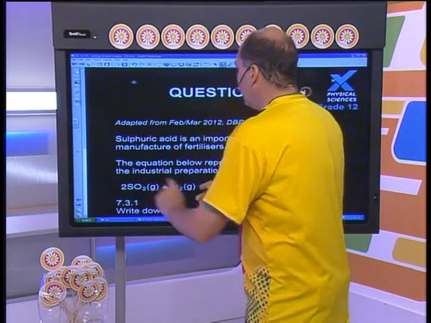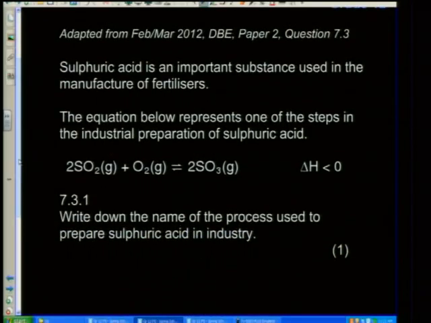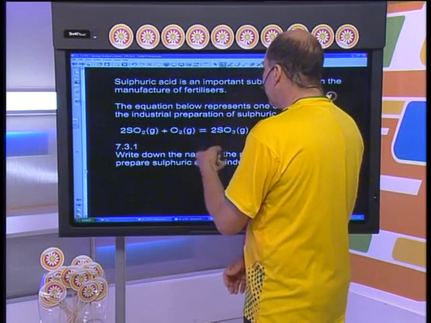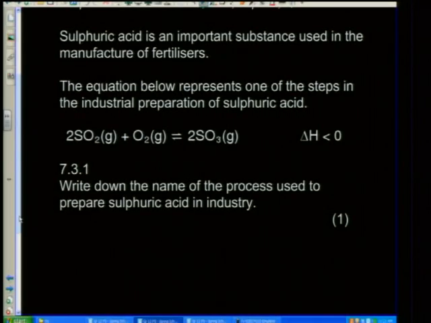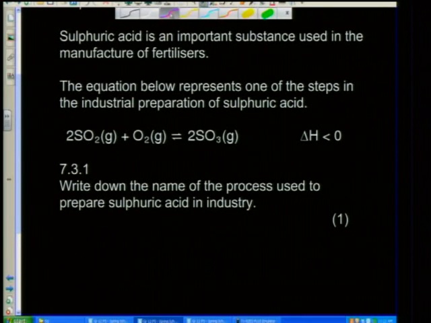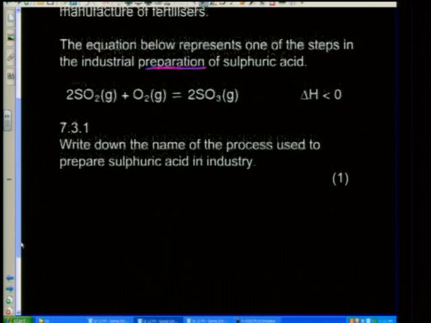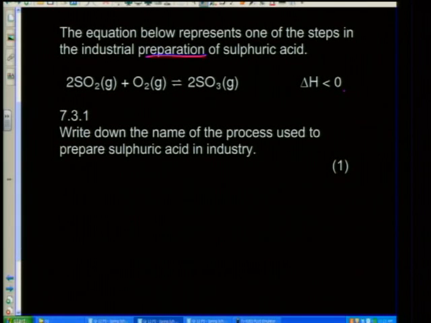So here we go. We're given some background information. We're told sulfuric acid is an important substance used in manufacturing of fertilizers. See how they're bringing different sections together, fertilizers as well as chemical change. And that can happen. The examiners like to do that. The reaction below represents one of the steps in the industrial preparation of sulfuric acid. And they give you the equation, balanced equation, tell you that delta H is negative. Hope you've got that. Remember, that means it's